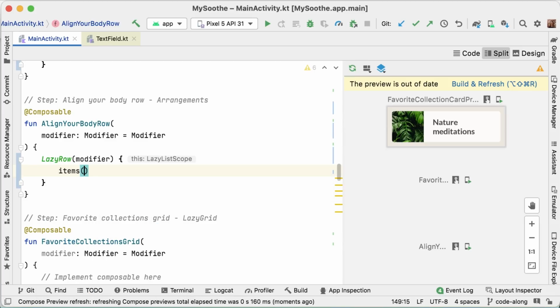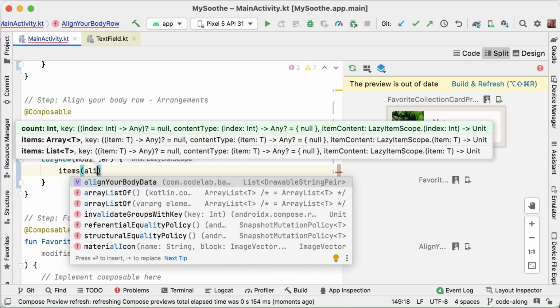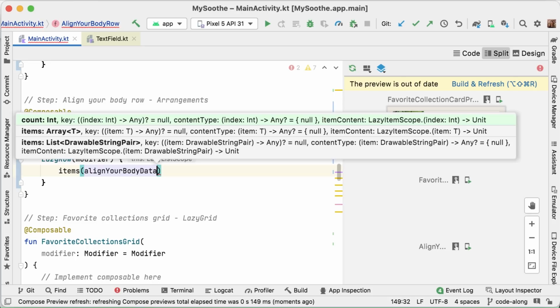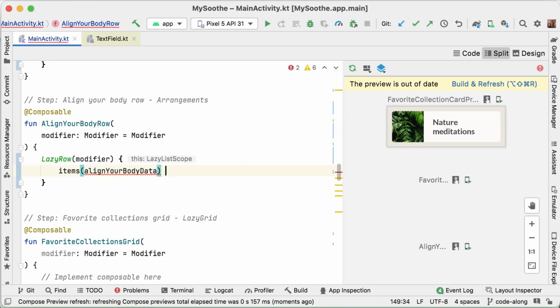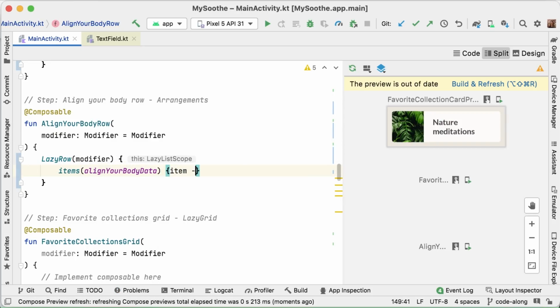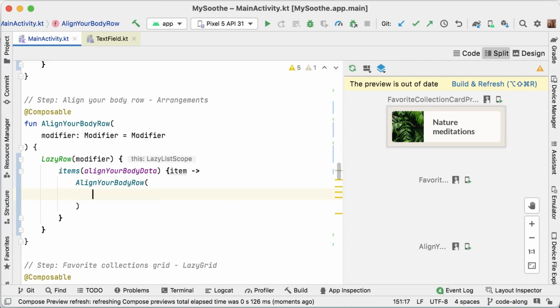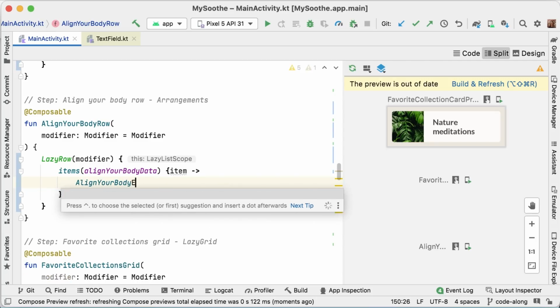So in our case, let's use items, and we will pass our dummy data that we showed at the beginning of this code lab. We will pass it in there. And for each of these elements in that list, we will call that an item. We can call our align your body row. And the align your body, we will call the align your body element. Yes, there we go.